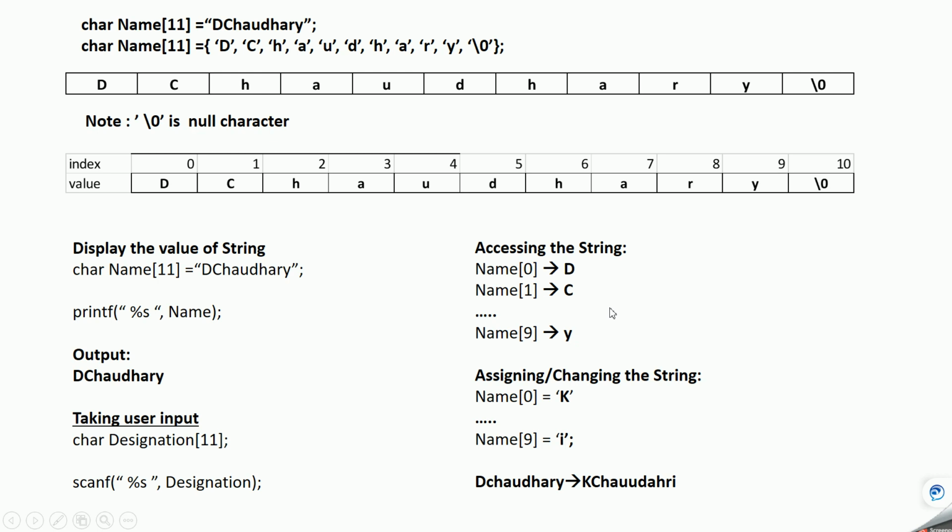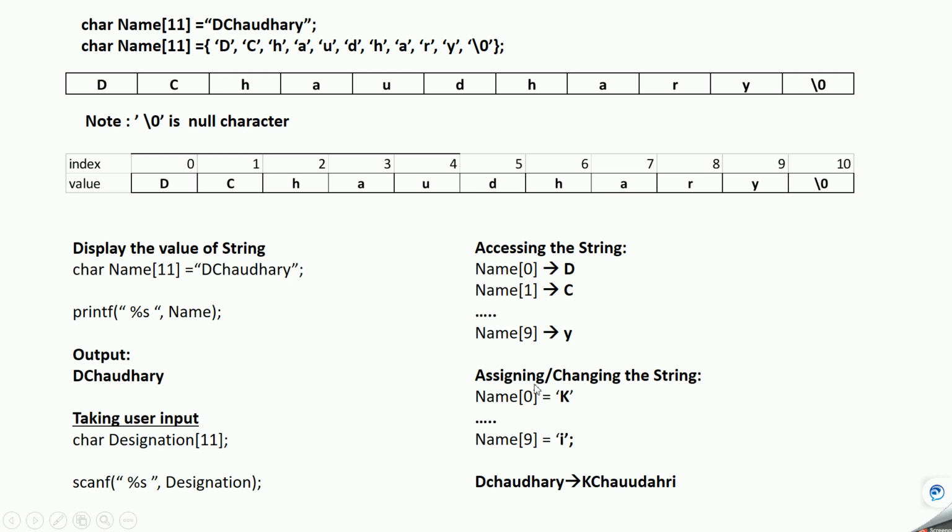Or console. Another operation we can do is access the string values, means the various characters in the string. Suppose we want to access the first character. In this case you give the name of the string and the position of the character. If you want to access the 0th position character, you will give 0. If you want to access the character at index 1, you will give 1. If you want to access this character, then you will say 9.